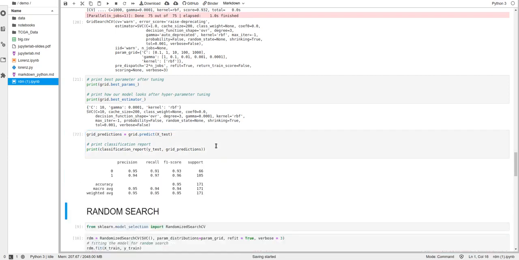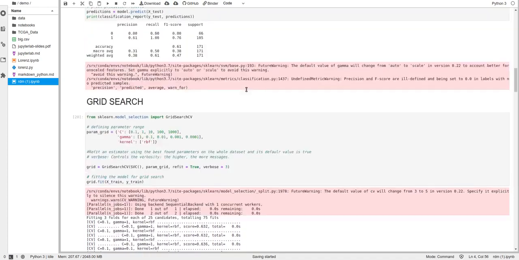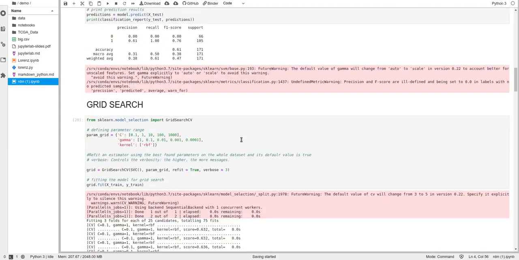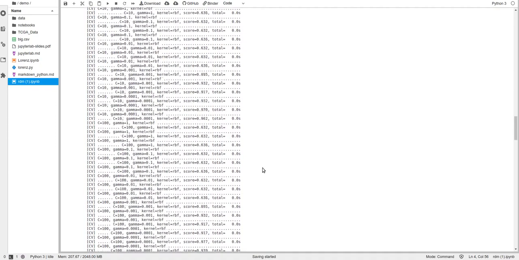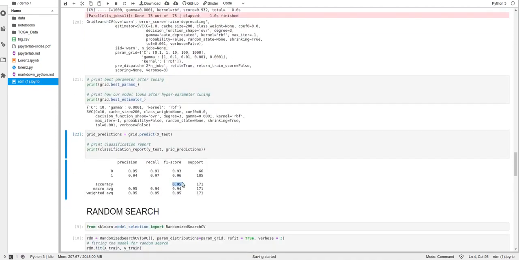Now here we will get an accuracy score of 0.95, which is much better than 0.61 without any search. This accuracy is without any search, and this accuracy is after grid search. So you can see the difference. Here the accuracy level is very high.